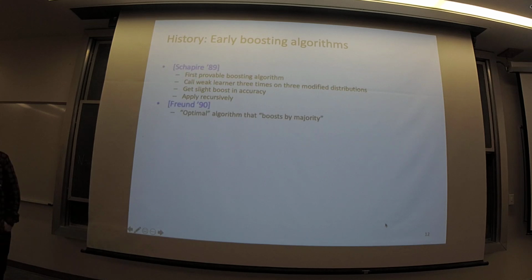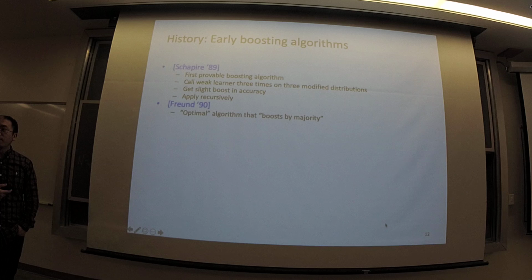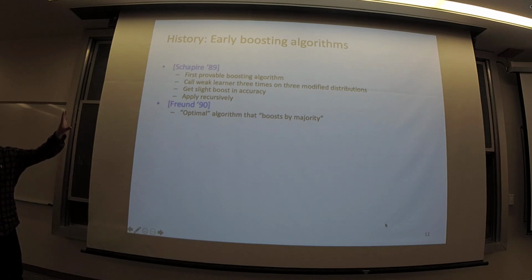In 1989, Schapire first provided the first provable boosting algorithm, and they called a weak learner 3 times on 3 modified distributions to get slightly better performance. So it applies recursively, but this is very theoretically meaningful, while in practice, people won't see any advantage